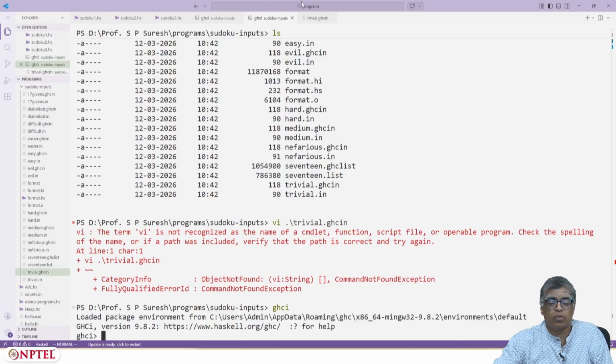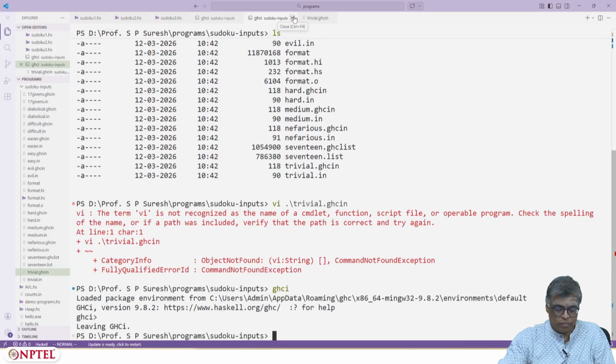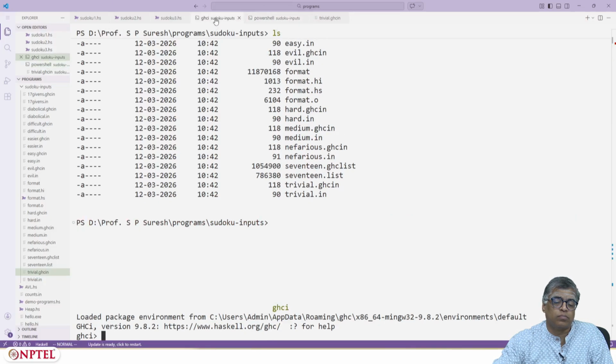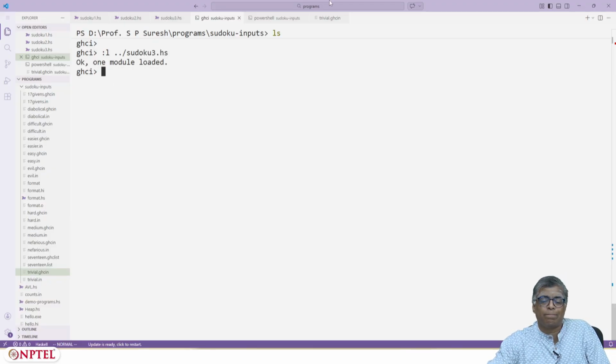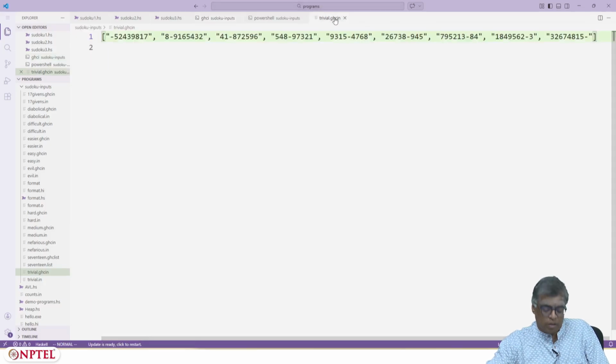Okay, I'm here. Let me load Sudoku 3. Okay, so one module is loaded. So I've copied this trivial puzzle.